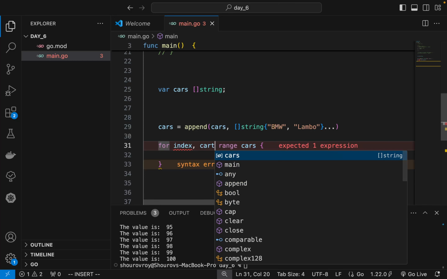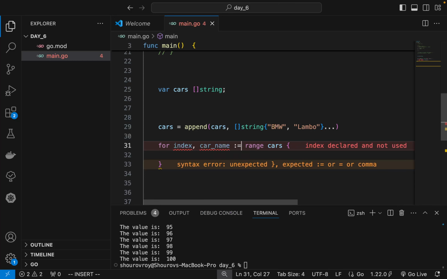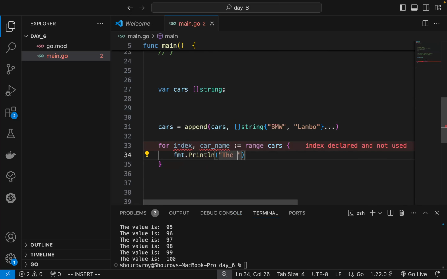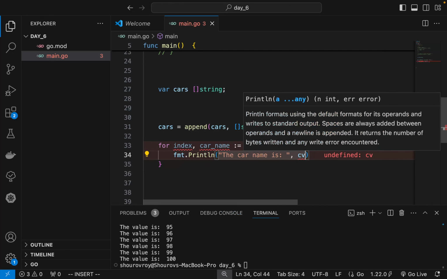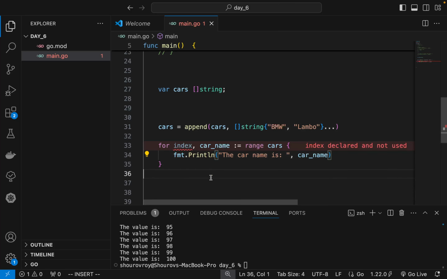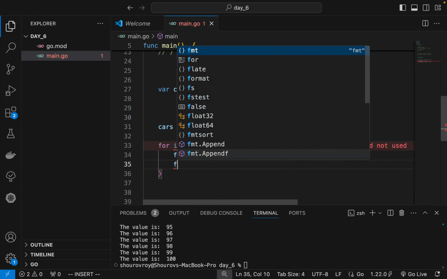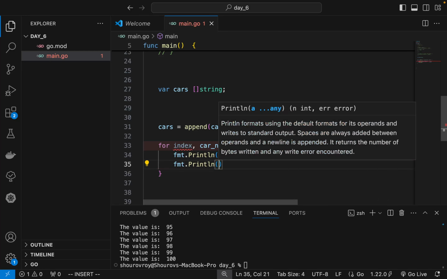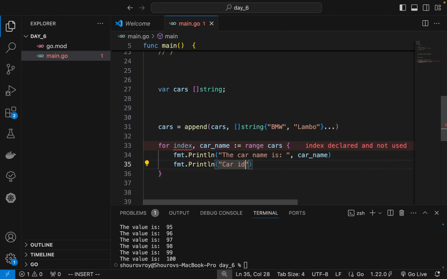So let's say car name, it's a variable too, and this is the way we have been creating variables from the beginning of our trace. Now let's write fmt dot println, the car name is car name. So this is the car name, and fmt dot println, car id or index number is